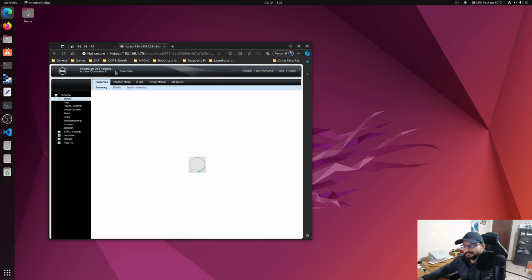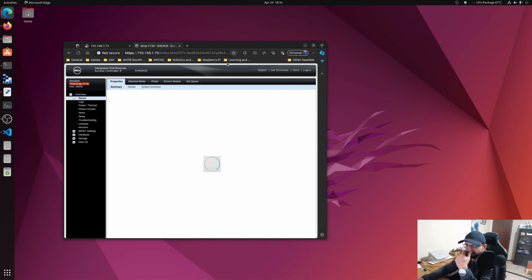So we have the iDRAC, and we have a Dell PowerEdge R730 server over here. And what I want to do is turn this particular server on. So let's go to the power